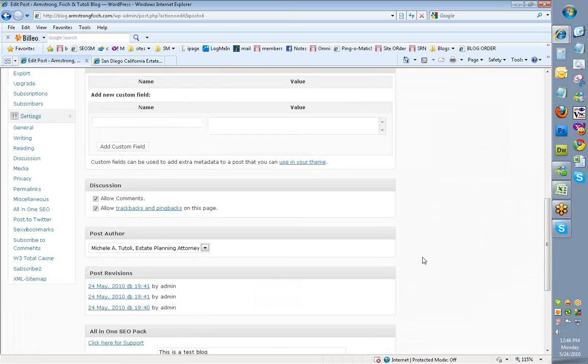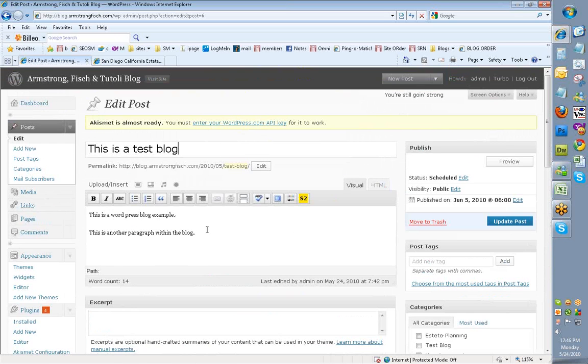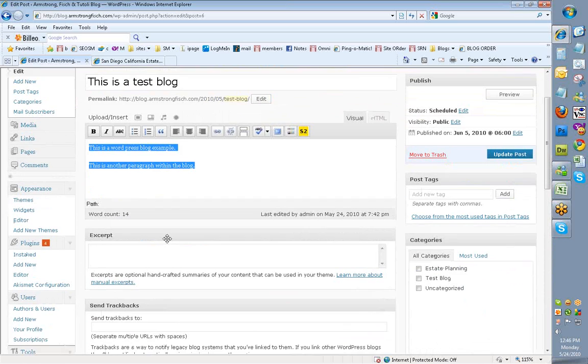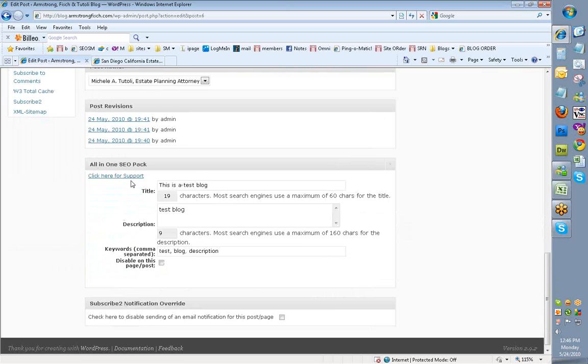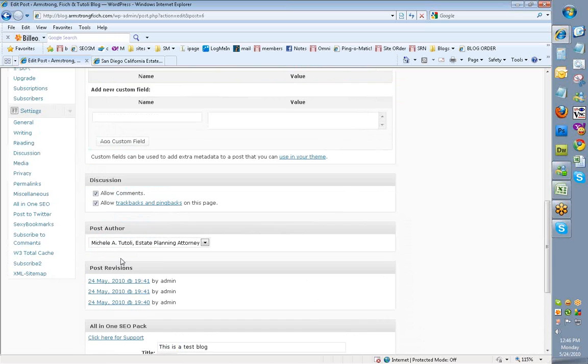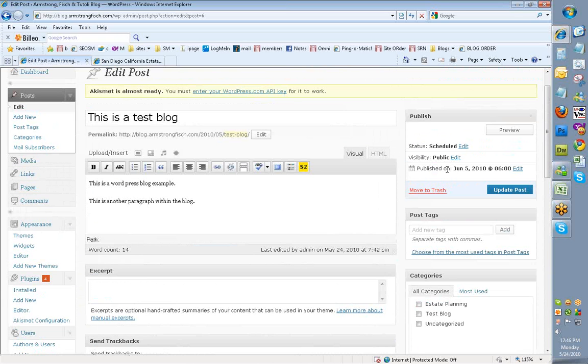So that's all you really need to focus on: the title, the text of the blog, the author, and if the keywords are not already there, you can add them in yourself. And then scheduling, and of course updating, and then of course preview. And that's a real brief tutorial, and you can always email